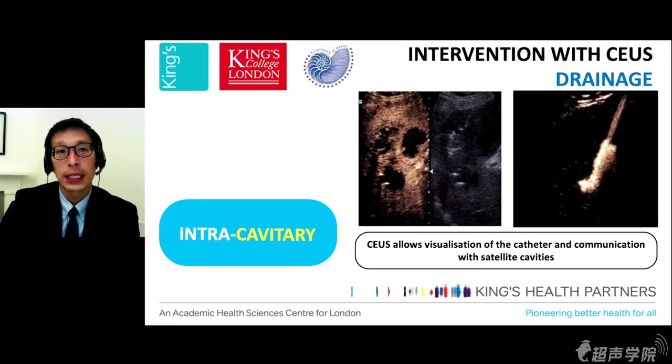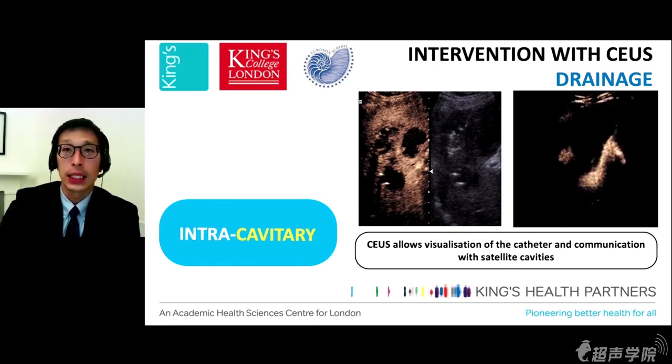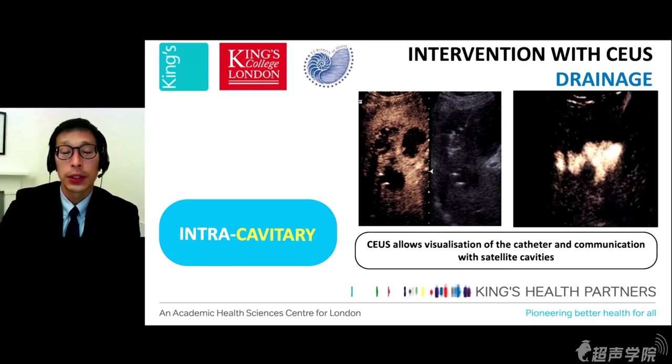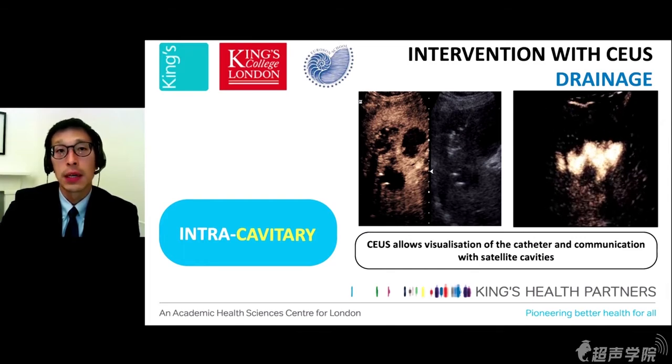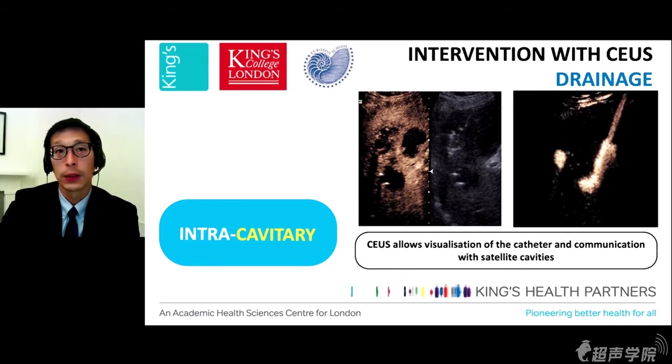And by doing that, it'll help us, one, to confirm the catheter is in the right place, and two, it will help you to delineate the morphology of an abscess or collection. This is particularly useful if there are multiple pockets of abscess within the organ, and what you want to know is that your drain is effective in draining each pocket of the collection.